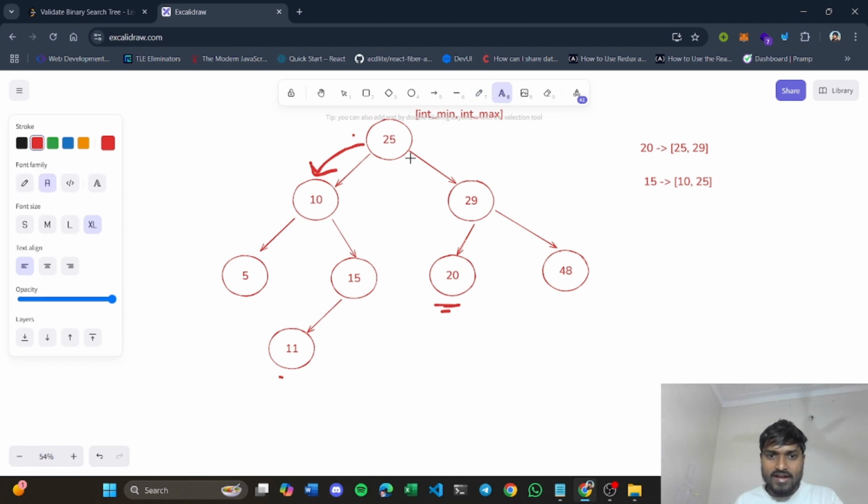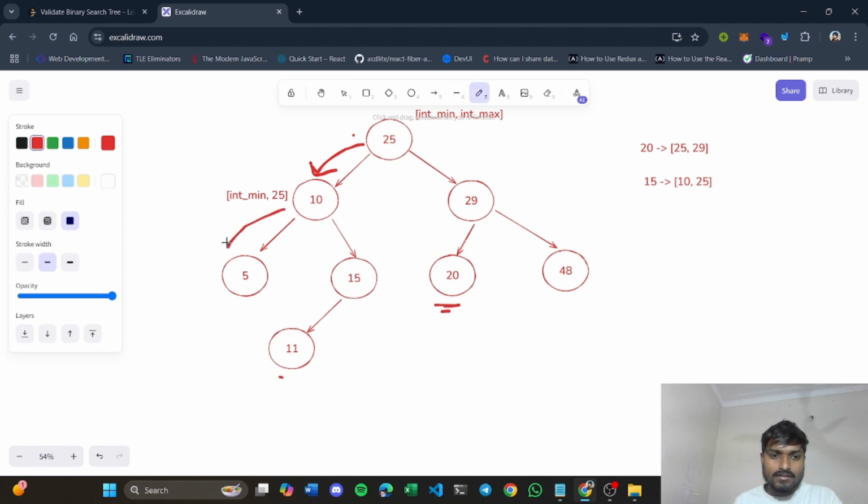The 10 should be lesser than this 25, right? So it should be lesser than 25, and greater than int min. So this will be the condition. Again you come to the left of this node 10. What will be the condition for this node 5?